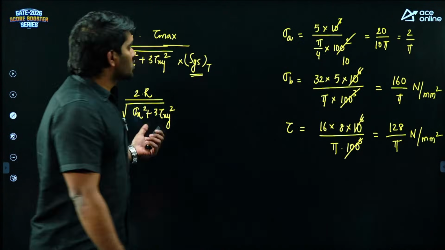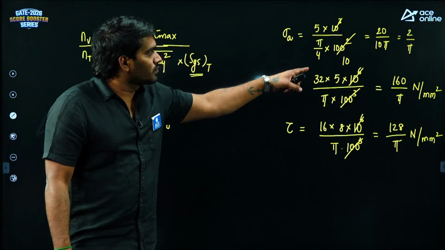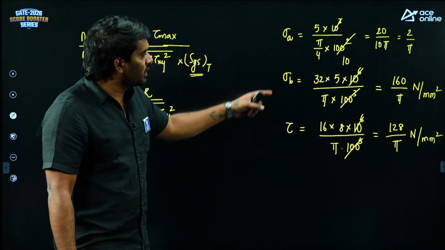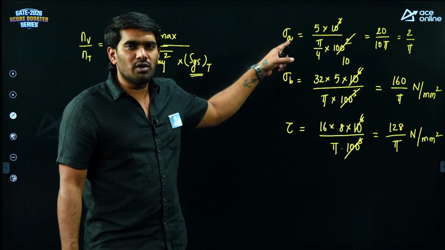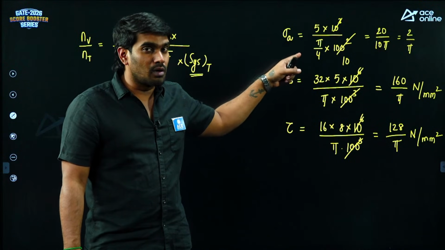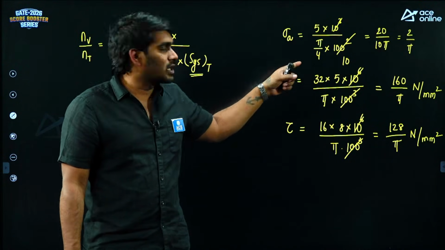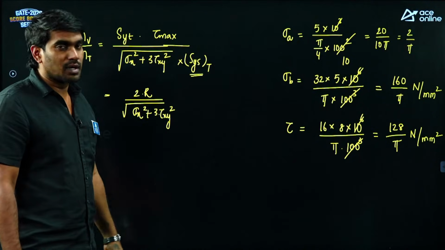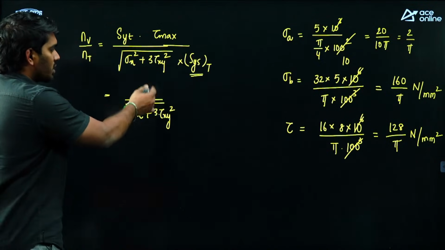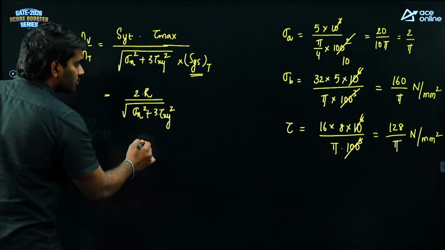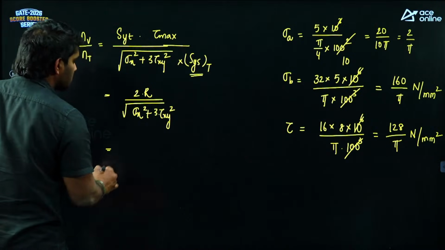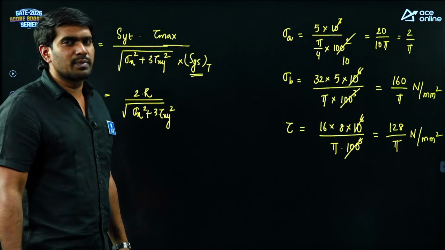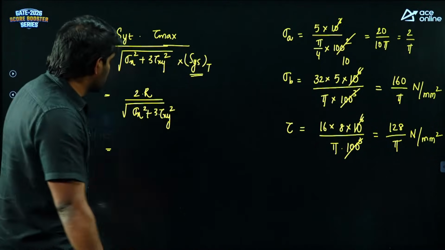We know that sigma x value is the summation of these two, as it is a summation of sigma a and sigma b. Here, as the value of axial is very small, we can neglect the axial value and consider sigma x to be directly equal to sigma b. If I substitute the same, what is the equation for radius? The equation for radius is under root sigma x minus sigma y by 2 whole square plus tau xy square,